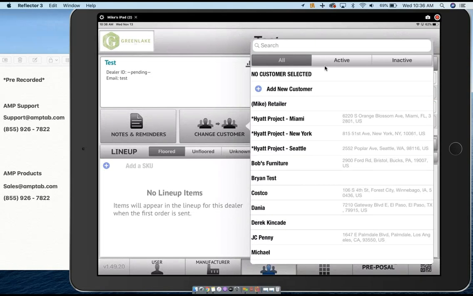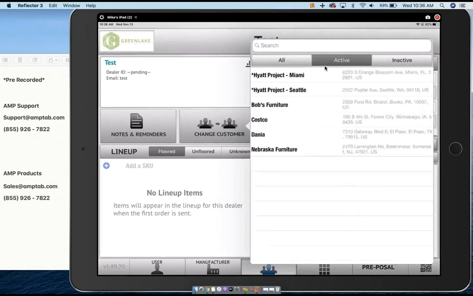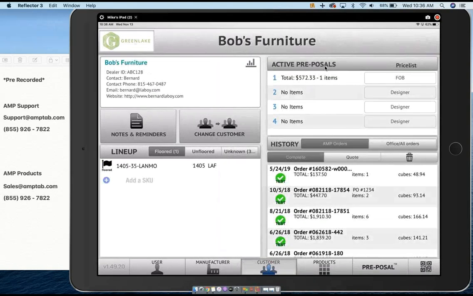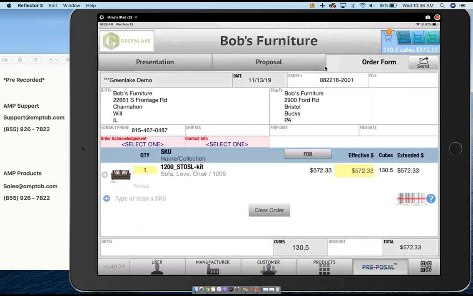If you'll notice, there are 3 tabs above this list: an all button, an active button, and an inactive button. Active means I have a cart currently filled with some of my customers. So if I tap on active, it'll show me that I started to write an order for Hyatt and Bob and Costco and so on. So I can go and tap on these customers and immediately jump back into that order that I was writing